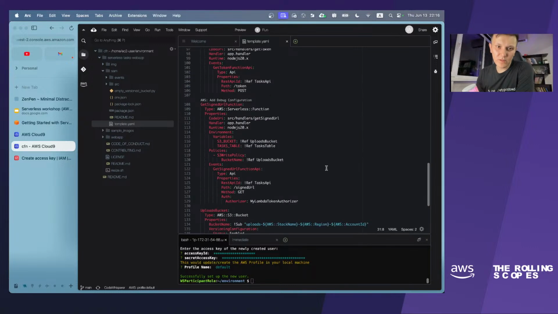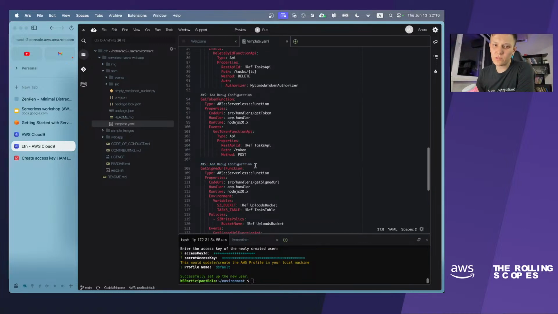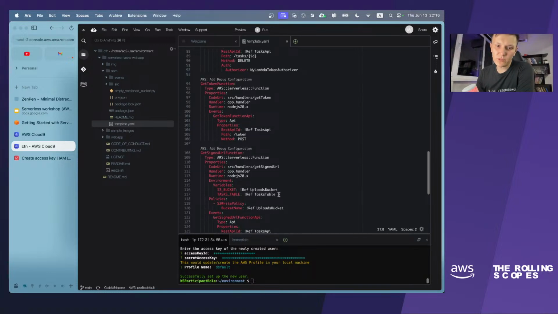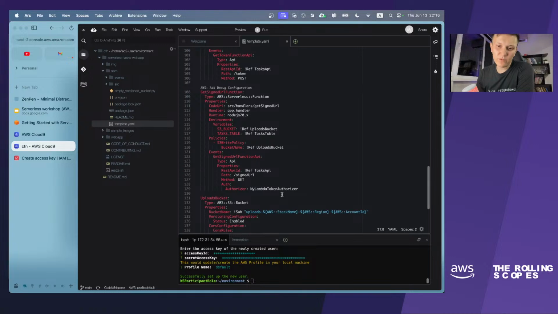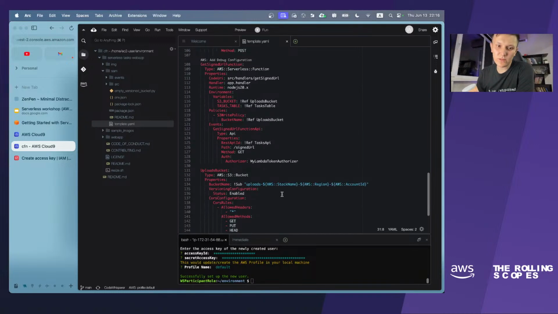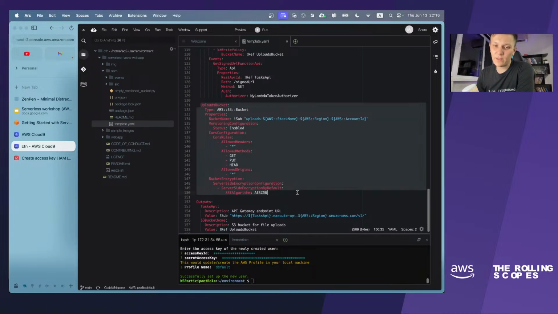We also have get token function and get signed URL function, which are used to expose our resources. For instance, get signed URL function will expose resources from the bucket for the user, making them visible without using CloudFront. And we have uploads bucket, which will be used to keep the images from our users.